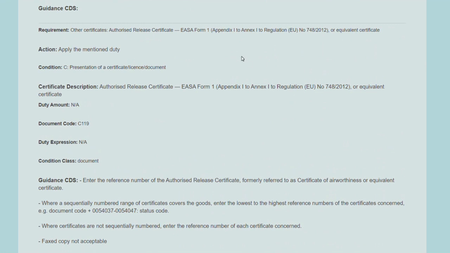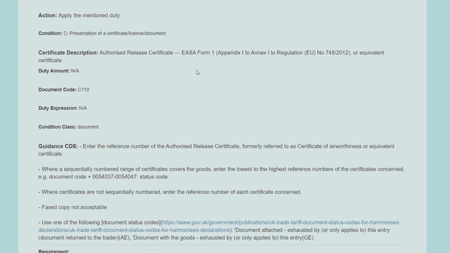this measure is related to the presentation of an EASA certificate or its equivalent. This is necessary when exported goods are related to aircrafts, and it certifies that the product is newly manufactured or has adequate maintenance performed on it. In case of Luke's company, it could be that he's exporting carpets to be used in airplanes, for example. For simplicity's sake, let's say that he's not doing that.